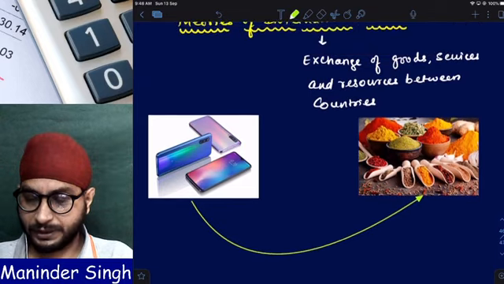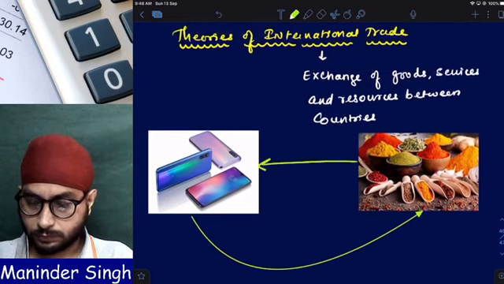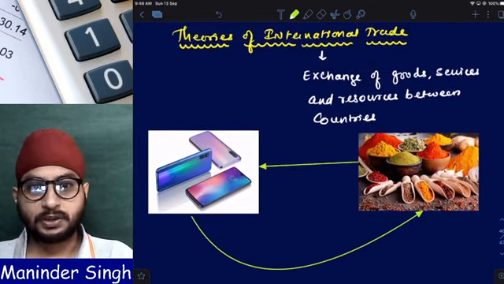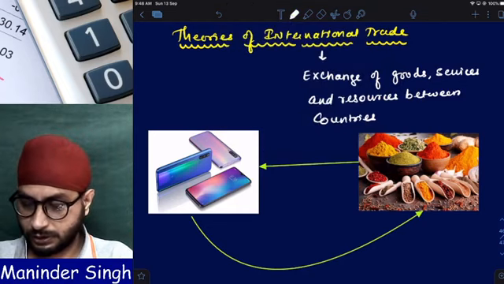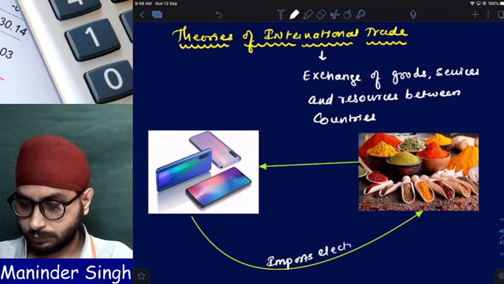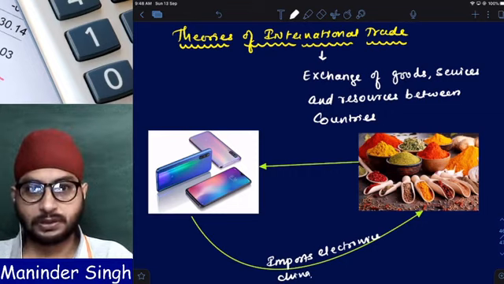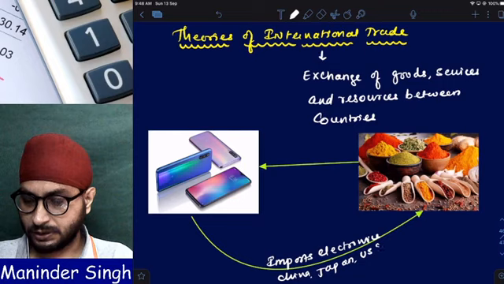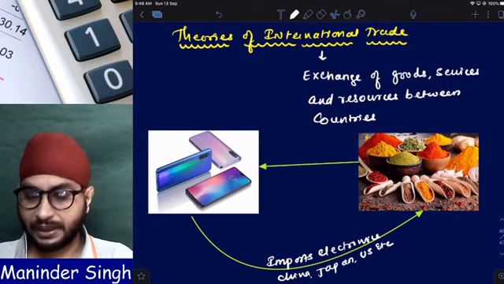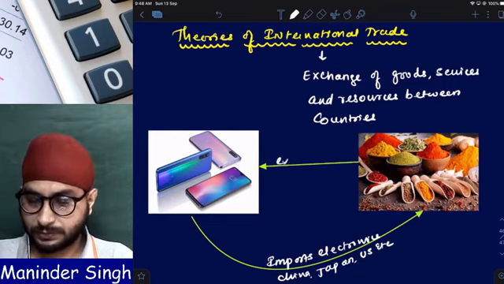Now, what will India export? Spices. So India imports electronics from China, from Japan, from the US, etc., and it exports spices